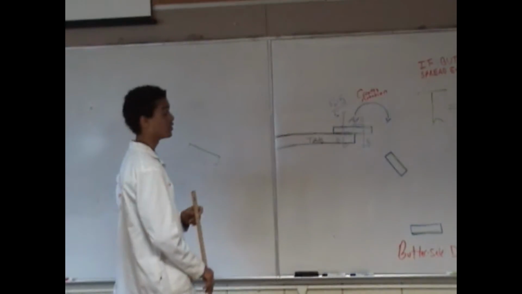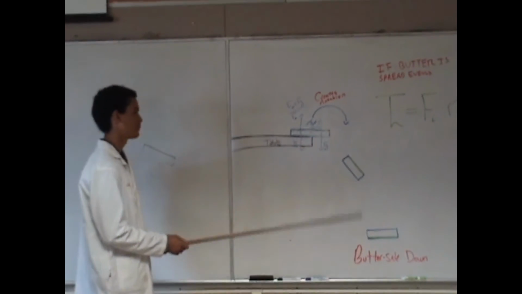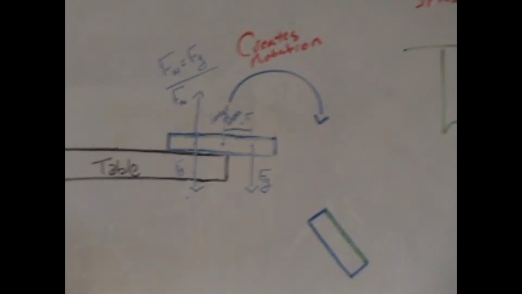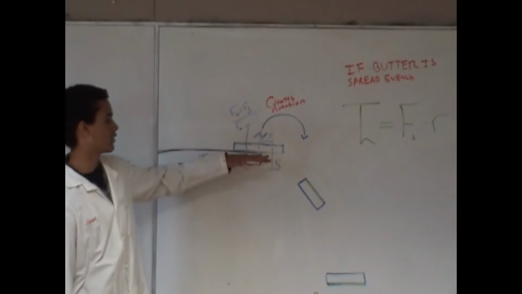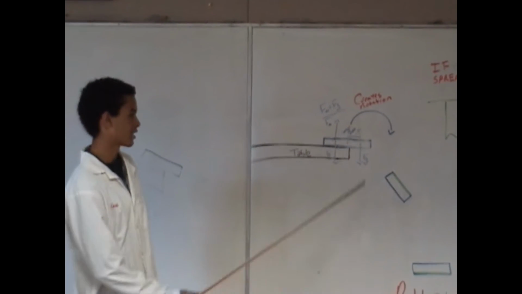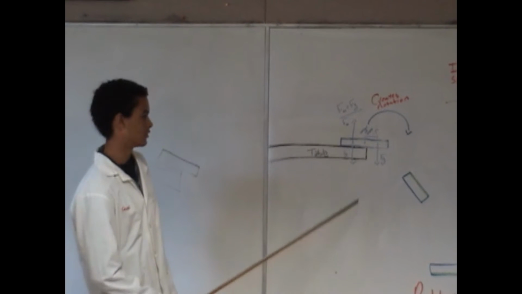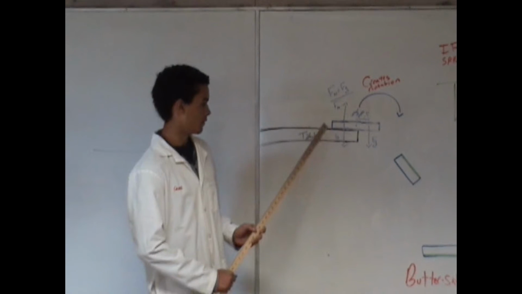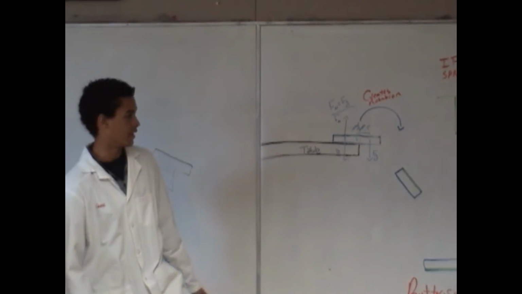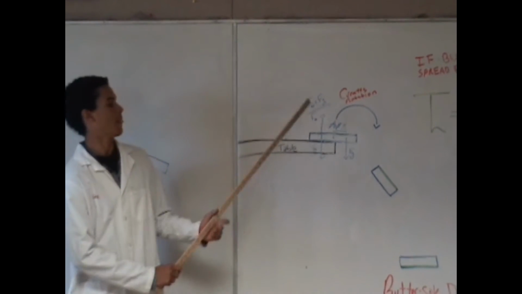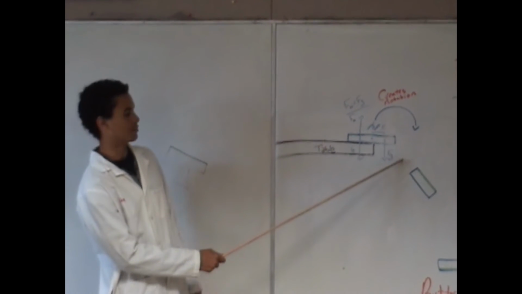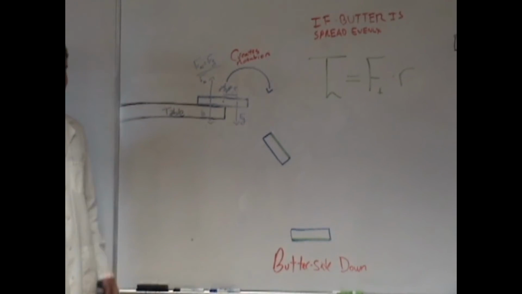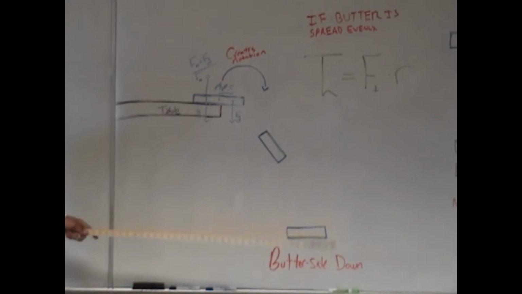When the toast is pushed off the table or countertop, there will be torque acting on it. As you can see right here, center of mass, when part of the toast is over the table, force of gravity is acting on that side of the toast, but there's no normal force to counter the force of gravity. While over here, the normal force and the force of gravity cancel each other out, so there's no torque. But the torque caused by the force of gravity causes the rotation, and therefore it flips and lands butter side